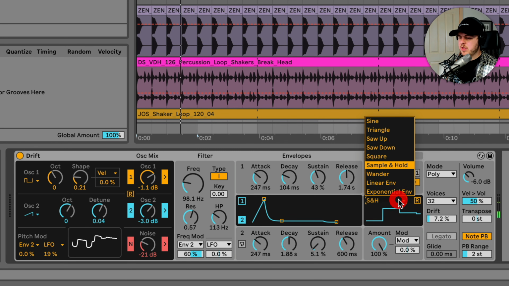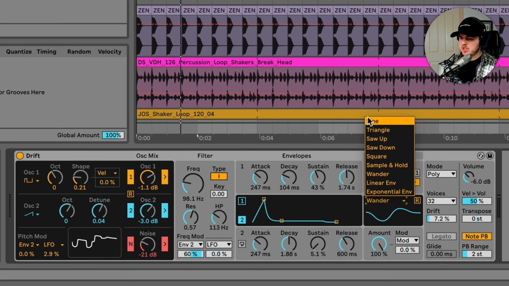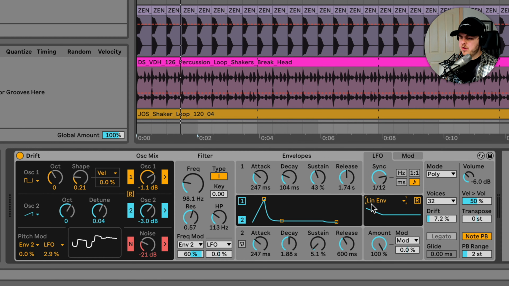You can get some really cool modular, bleep bloop type effects. Wander is more of a soft random. Great if you're wanting a lo-fi kind of tape effect, but something a little less predictable than just a sine or something. Linear envelope is